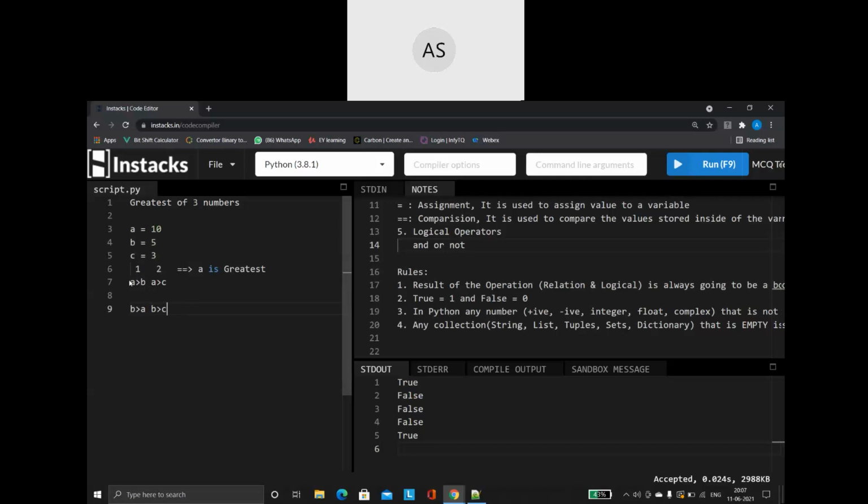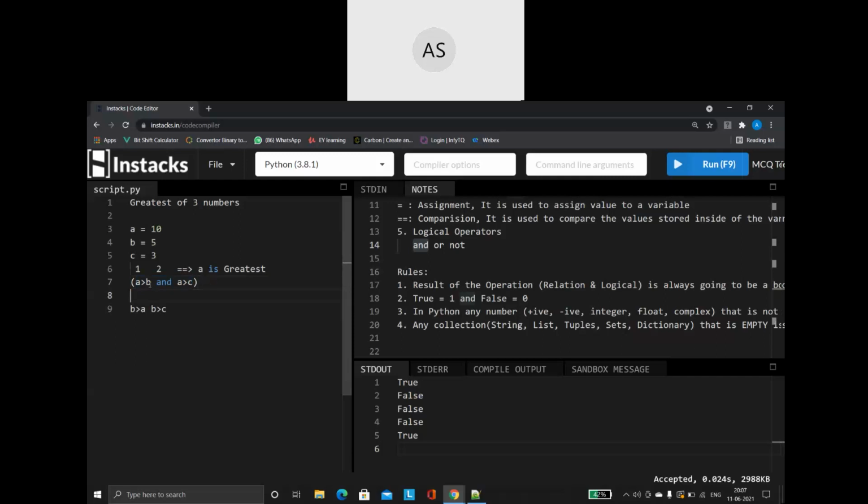So here, A greater than B is my first expression or my first condition. A greater than C is my second condition or my second expression. Now I am going to make use of a logical operator and combine both expressions together to form one single expression. I am going to use the AND operator and form one single expression like this. Both the conditions will be checked, and then I will get the output as one single result.